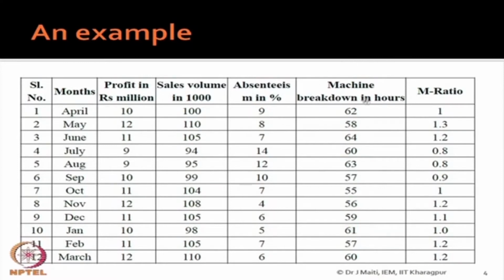And if you are maintaining the health of the process, here we are saying machine, your machine breakdown will be less. And if you are able to coordinate with customer as well as your supplier, your M ratio, that marketing ratio, particularly if I say marketing ratio, it is related to the customer, and that will be high. So, if this is the case, then we are basically observing from April, May, June, July,